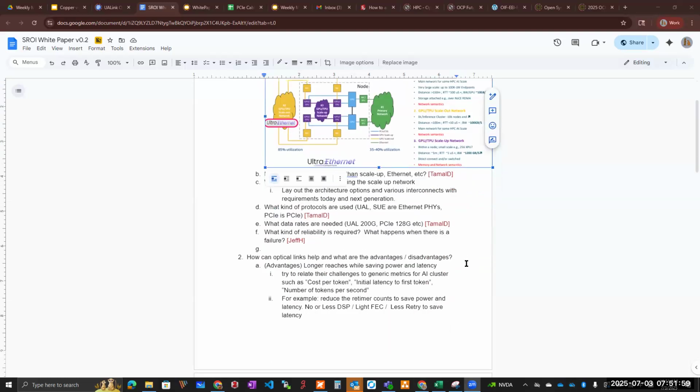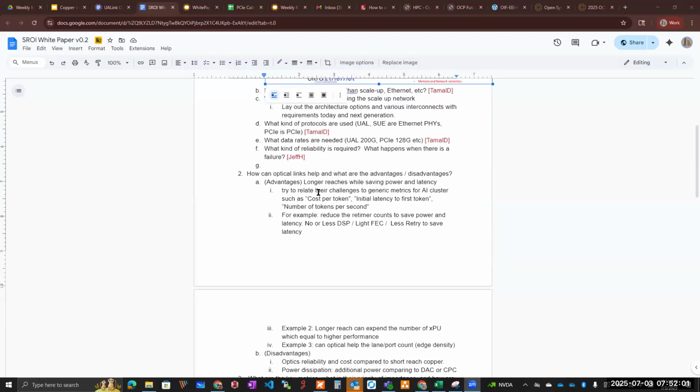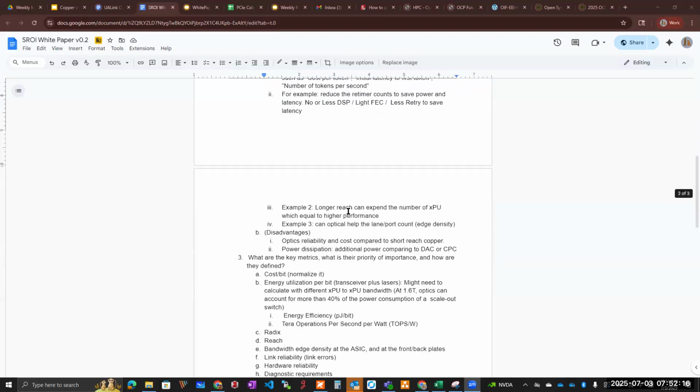And you can sort of convert that to the ROI, right? So for example, the cost of tokens, that's what we hopefully are able to help analyze in this white paper,